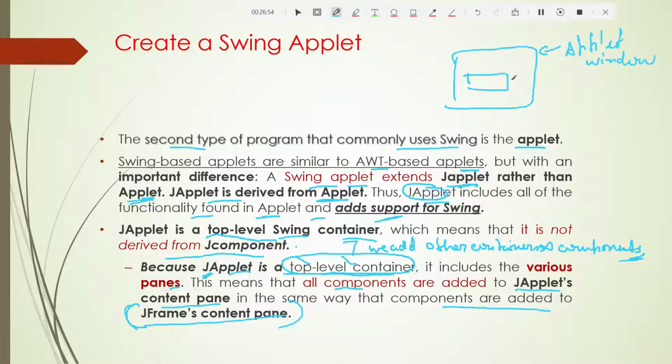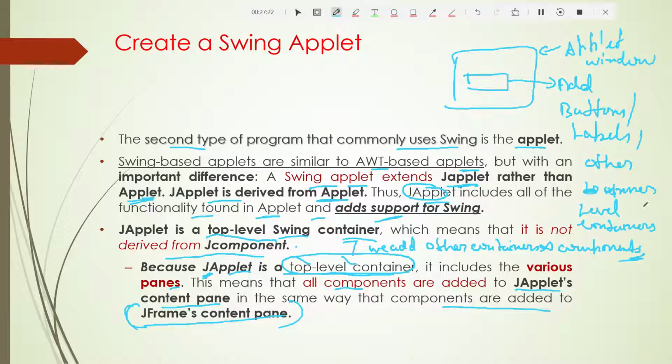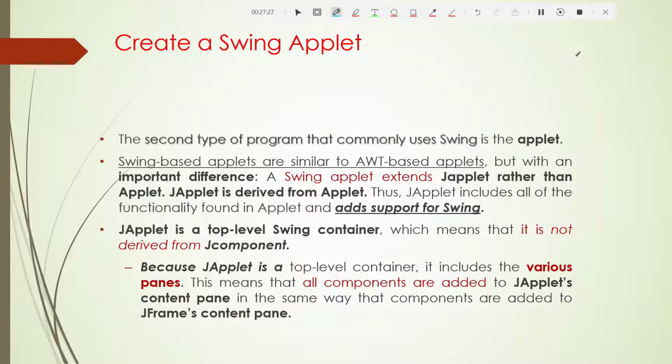To this applet window you can add buttons, or labels, or other small level, inner level containers. Many things we can add. So that is the concept.